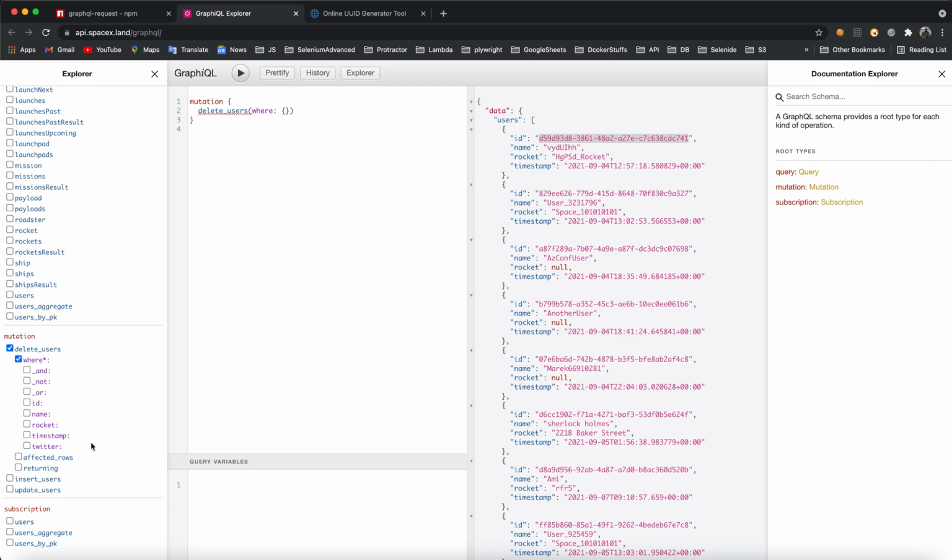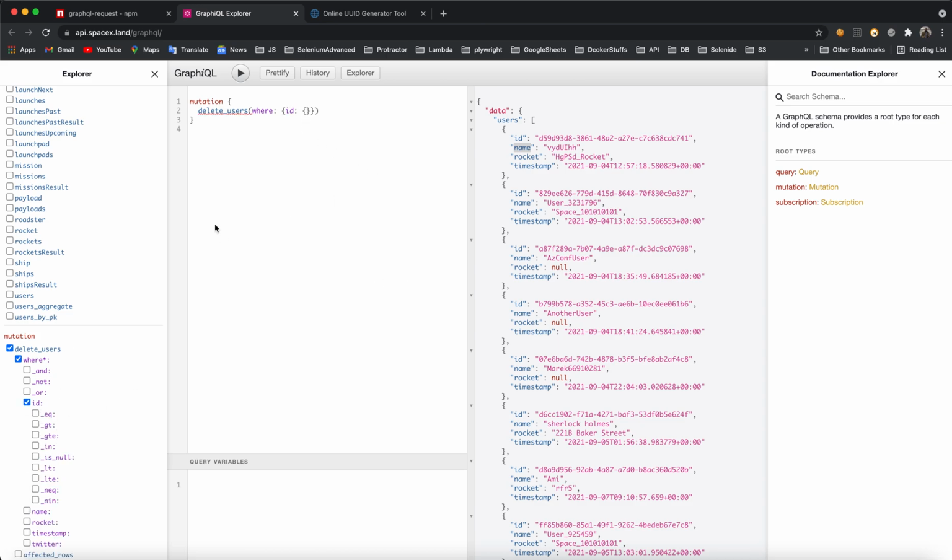So suppose consider a case where the name is not unique for you, right? So there is a possibility, or there is a particular API which will provide you the capability to create multiple rockets with the same name. So in this case, what happens if you just put a delete query with the name? It will delete all the rockets with the name equal to the name that you are going to provide as a part of your query. So again, let's try to delete a user on the basis of ID.